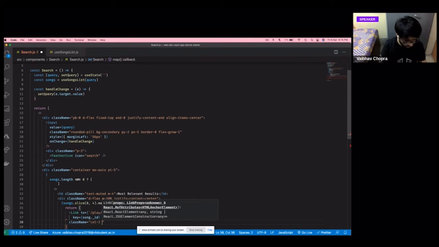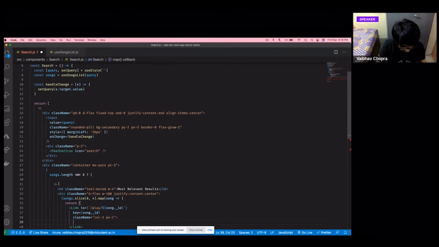col-3 px-1. Col-3, basically imagine the whole width of your page to be 12 equal columns. Col-3 basically means each of those four album arts will at max get 3 of those 12 columns, which will basically divide it equally among all of them. So some padding I'm putting all around this object on the left and right, the horizontal axis, obviously. px, that's what px does.